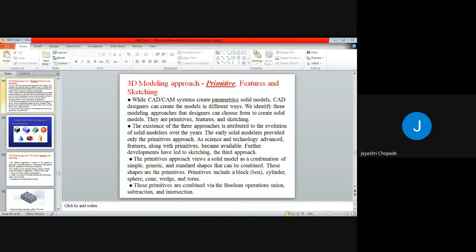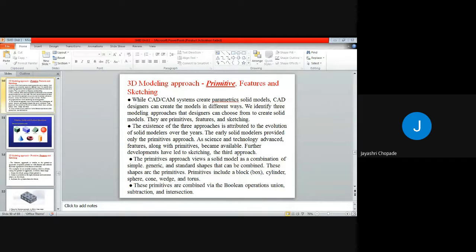So the primitive approach views a solid model as a combination of simple, generic and standard shapes that can be combined. The shapes are the primitives, and primitives include the block, cylinder, sphere, cone, wedge and torus.